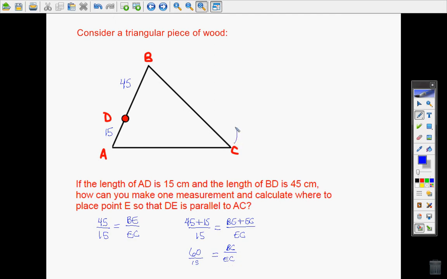So if we just measured the whole length right here, we would be able to tell from the proportion, we would be able to solve for EC and know exactly where to put E. Okay? So, in other words, we would make one measurement, and then we would be able to calculate where to place point E so that DE would be parallel to AC. So let's say we measured BC, and we found out that it was 80 centimeters long. So if it's 80,